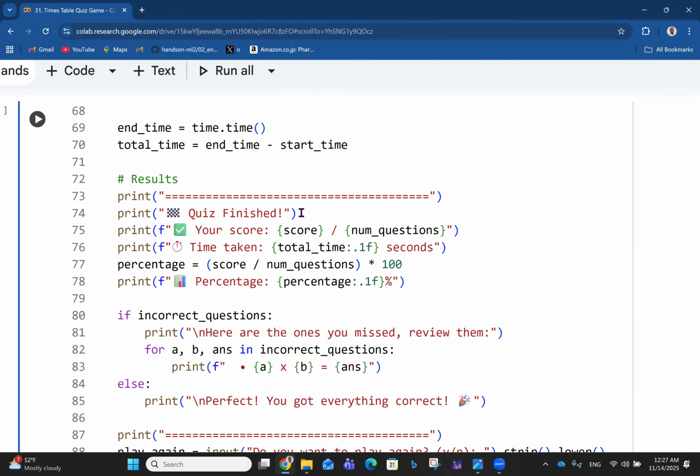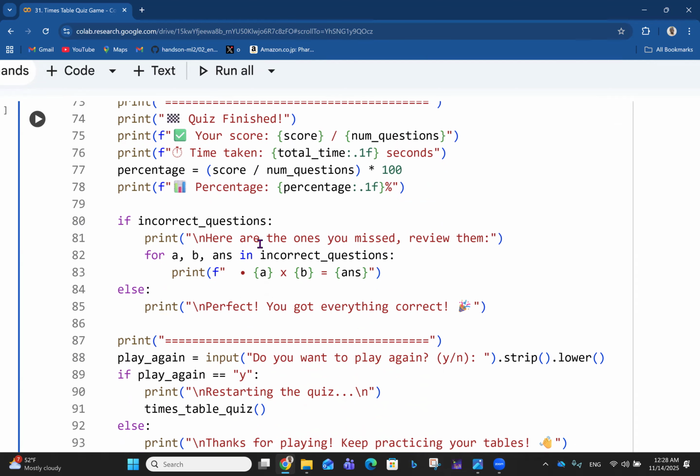So print, quiz finished. Your score is whatever score you got out of the number of questions. Then time taken, it shows the time taken to one significant figure or something. Then percentage: what percentage of the questions did you get right? Then percent is printed here. If incorrect answers, print, here are the ones you missed. You can review them. So for a, b in incorrect questions,